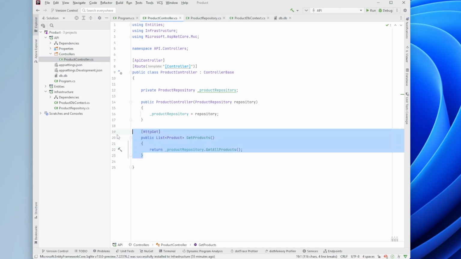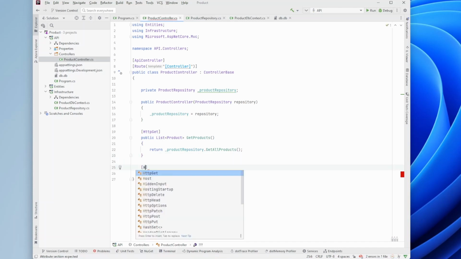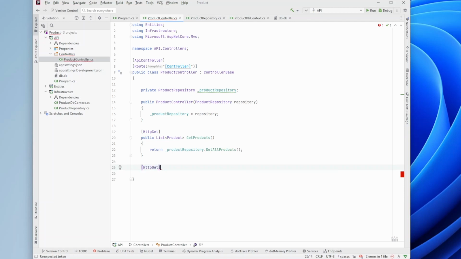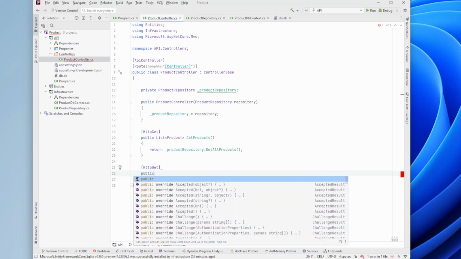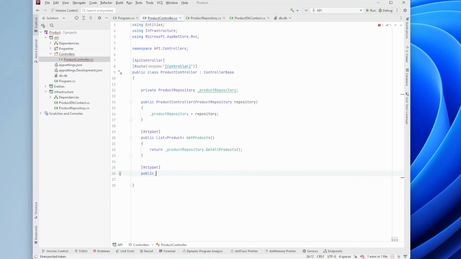So let's try and test this one, right? But before we get that far, we're going to make another endpoint because, like we talked about before, the database is just an empty file right now. So we're going to make an endpoint that we can call just to trigger the EnsureCreated function in the repository. We're going to make a void because we don't really need to return anything here. Of course, we could return a string that just says database created. So we're going to do that. Well, let's write a string